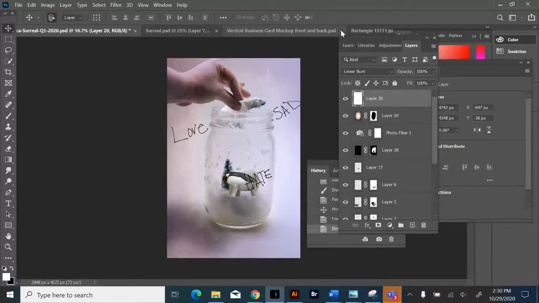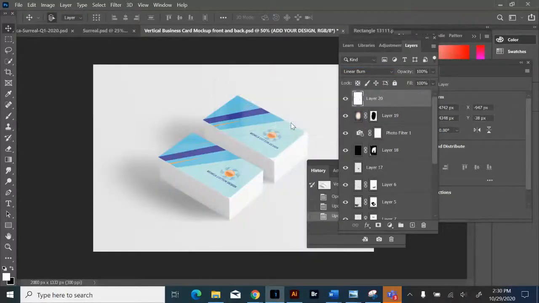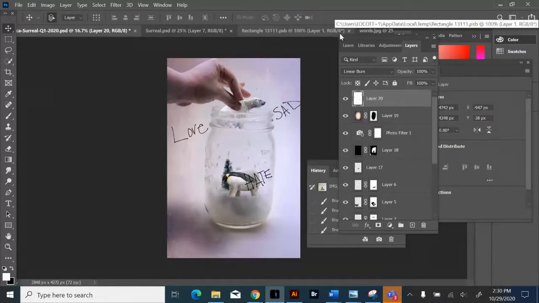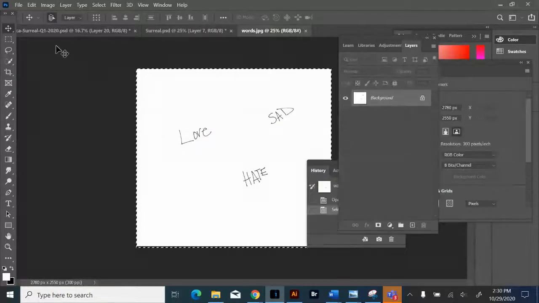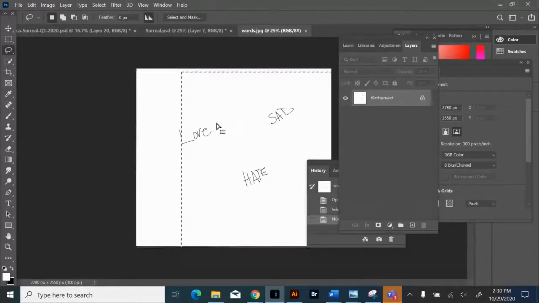Let's see here. Close this out. You could go back and select the words. So here's my words. So maybe I want them in certain places. I could take the lasso tool, I could take the rectangle tool, and I can select, I'm going to Control D real quick. Select one at a time, copy,